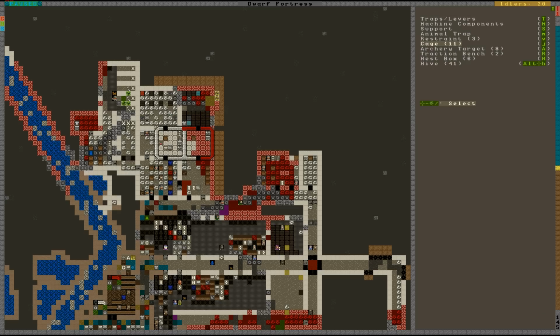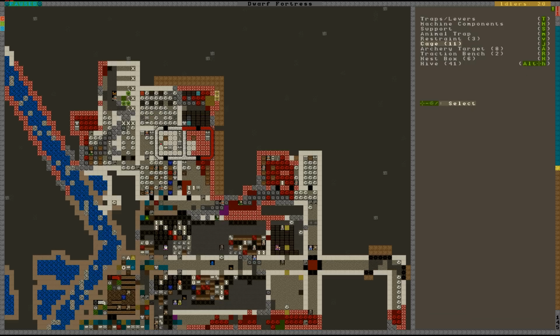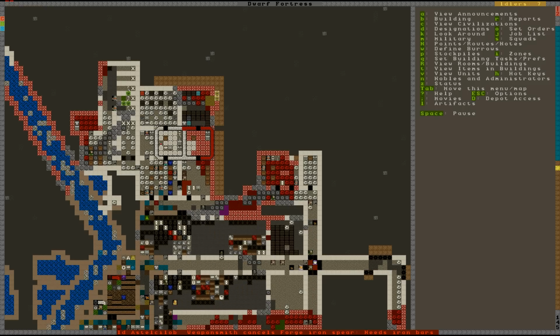Well, either way, we're going to set up a few more cages here, because we might need them. 4 giant spear needs iron bars. Okay, so we do not have any iron. What I will then do